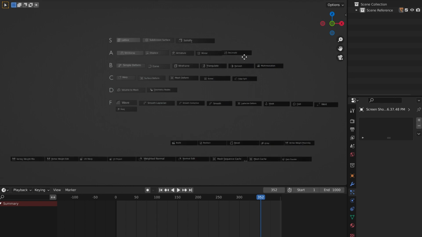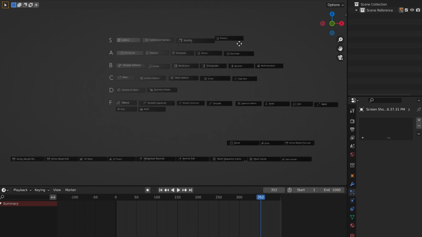Decimate, A tier. A lifesaver when it comes to photogrammetry scans and complicated objects that you need in the background. Like if I have a really high poly car and I want to have some low poly ones in the background, I just decimate it, type in 0.1 and it's ready to go. It's really good. Build, never used it. I've heard it's good for motion graphics artists, but I don't do MoGraph, so